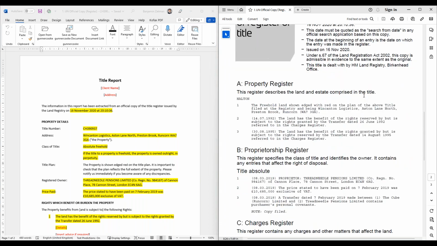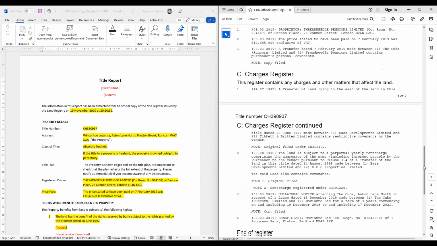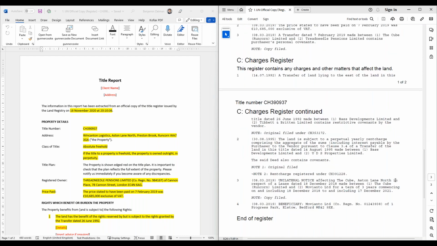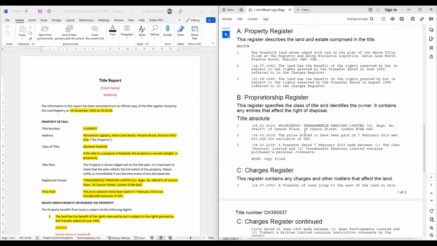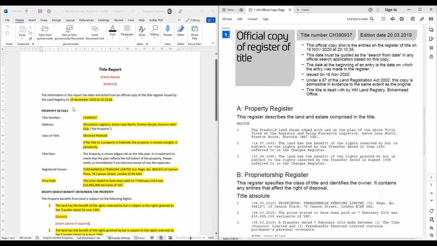Now, this first title register, it's a very simple title. I'm just obviously showing you this for demonstration purposes. It's a freehold title, a couple of pages. There's a unilateral notice over there, and there's obviously the registered proprietor, the address, and the information you would usually expect to see. Then looking over onto our report, you can see that it's extracted,